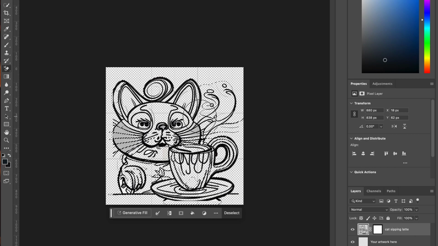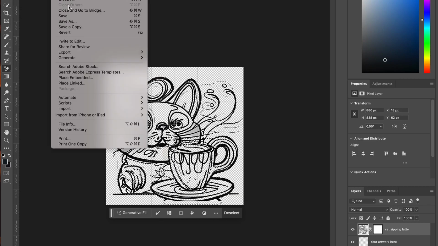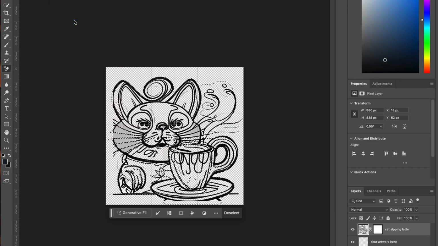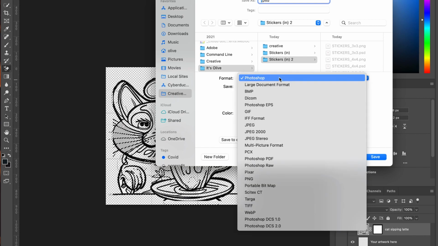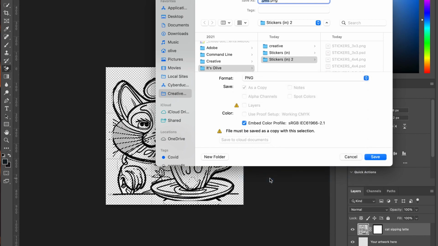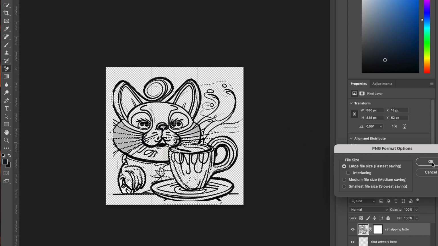Alrighty, so now we got a great outline and save it. So we're going to go to save as, and I am going to save it as PNG. So format PNG, embed sRGB, make sure that's ticked, and then name it. I am going to name it Latte Cat. So save that, and let's upload that file